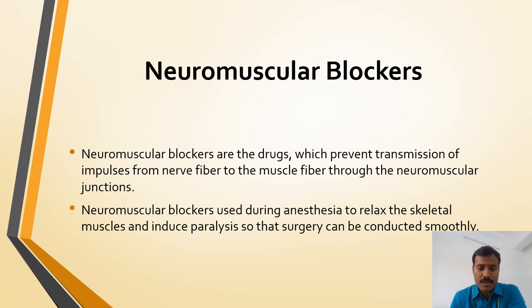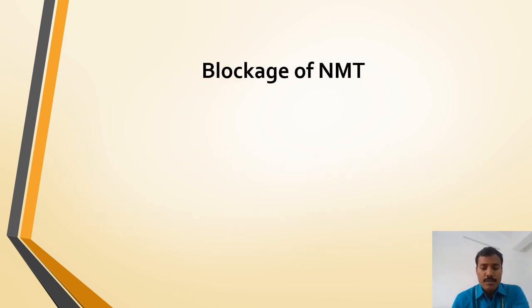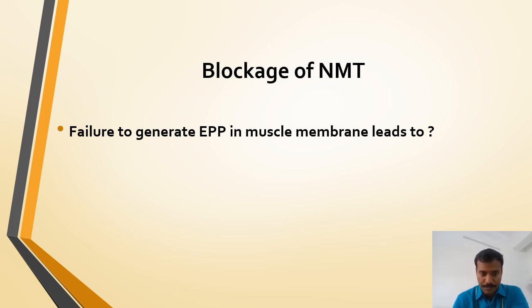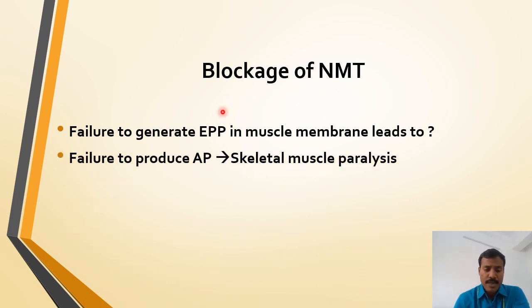Coming on to neuromuscular blockers, these are drugs which prevent the transmission of impulses from the nerve fiber into the muscle through the neuromuscular junction. They are used during anesthesia to relax the skeletal muscle before surgeries, and they induce paralysis so the surgery can be conducted smoothly. The main reason is they fail to generate the end plate potential in the muscle membrane. That leads to failure to produce action potential in skeletal muscle. Skeletal muscle paralysis happens,